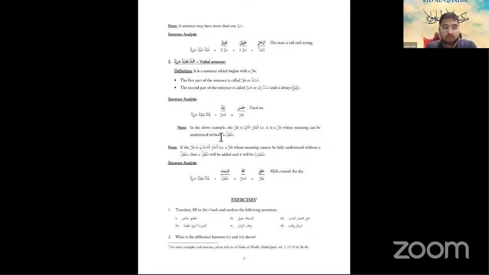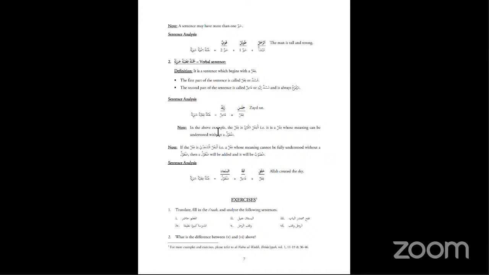Right. So where did we reach last lesson? Exercise, you said, there were just 6 I had to review. That's right. It was translate, fill in the error, and analyze the following sentences. Yeah. Al-Muallimu Hazirun. That's what I said. It means the Muallim is present. I didn't write "the Muallim is present," but that's what it means. Correct.